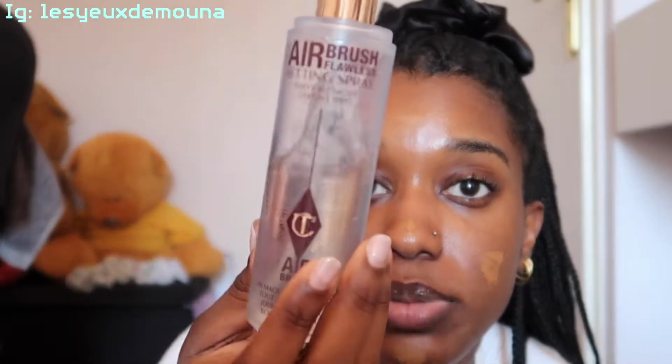And then we're gonna use our setting spray. The setting spray that I have right now is the Charlotte Tilbury setting spray, but you can use any such setting spray, because I like to spray between each step so that it really stays throughout the day. And thinking of how you're in school, the day's long, you get hot and sweaty, you get tired, and you don't want it to grease out, or to look so messy at the end. So spray,